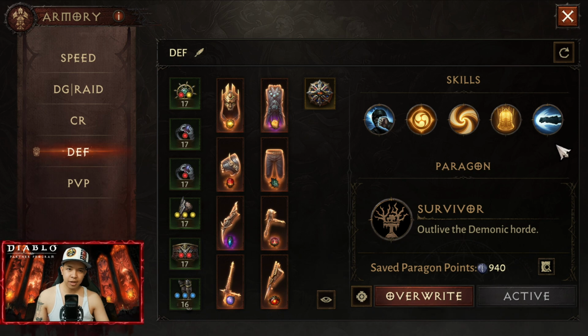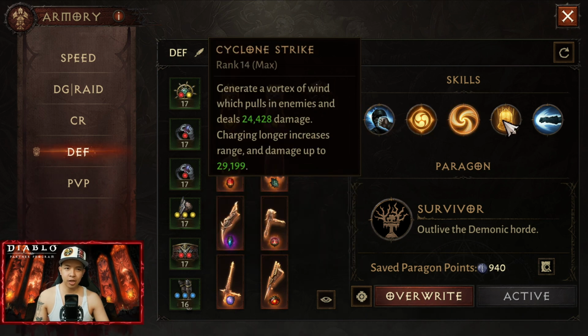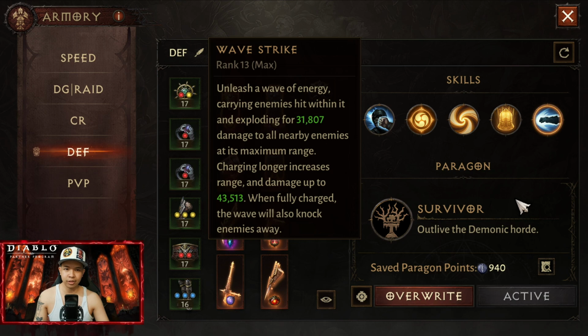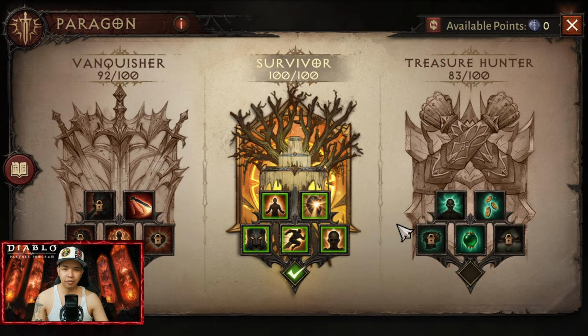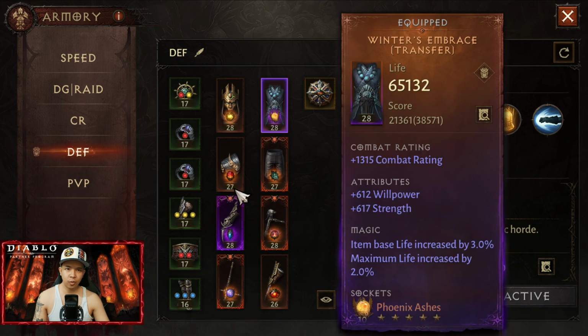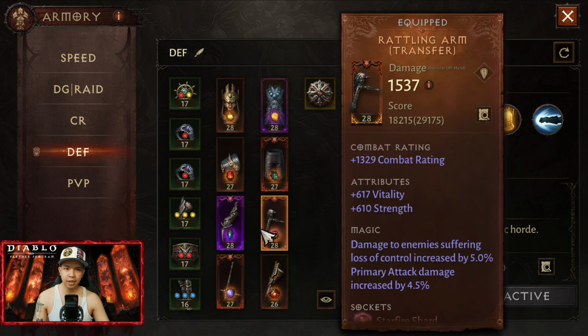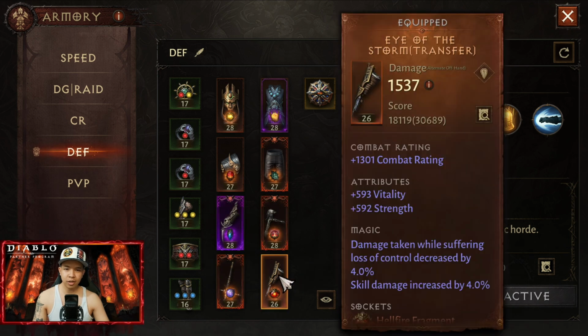And last, for player versus environment, Endless Defense of Cyrangar. For the skills, again Deadly Reach, Inner Sanctuary, Cyclone Strike, Wave of Light, and Wave Strike. For the Paragon build, Survivor. I am using this one especially when we reach the 20 minutes mark. It's very difficult already, and you can get one hit killed by mobs. For the legendary gears: Unsightly Method, Winter's Embrace, Shimmerlin, Chastising Radiance, Unshakable Weight, Rattling Arm, Peerless Conductor, and Eye of